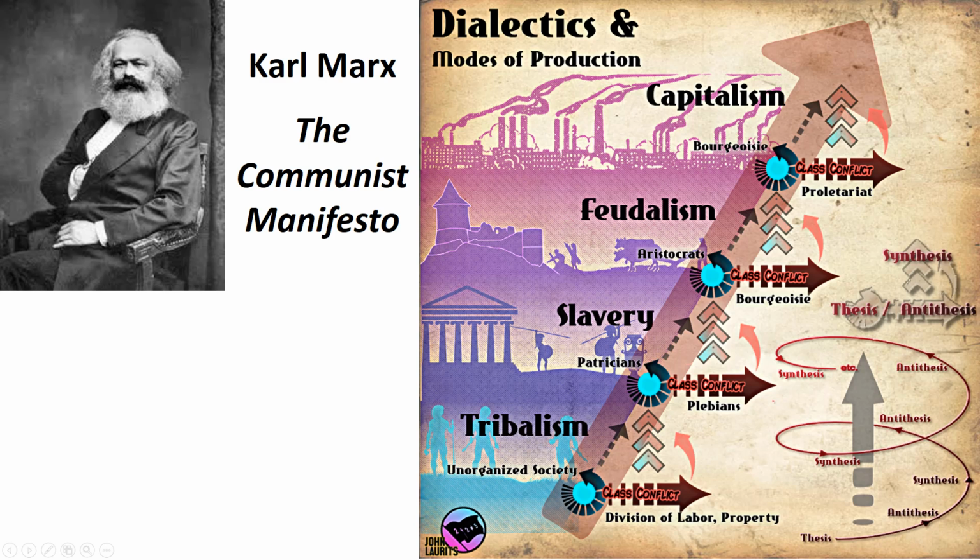Because what a lot of historians do is they look at what happened in the past and see if it'll predict the future. And so he said there's this group called the proletariat, which I'd want to write down. Proletariat basically means workers who are going to be upset. As we looked at, they're being taken advantage of, they're living in these slums. So there's going to be a class conflict. And so there's going to be a new way of organizing businesses and society. And he called that